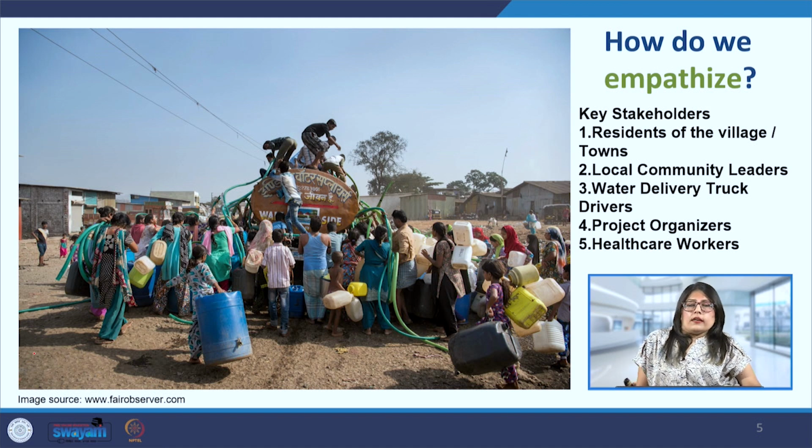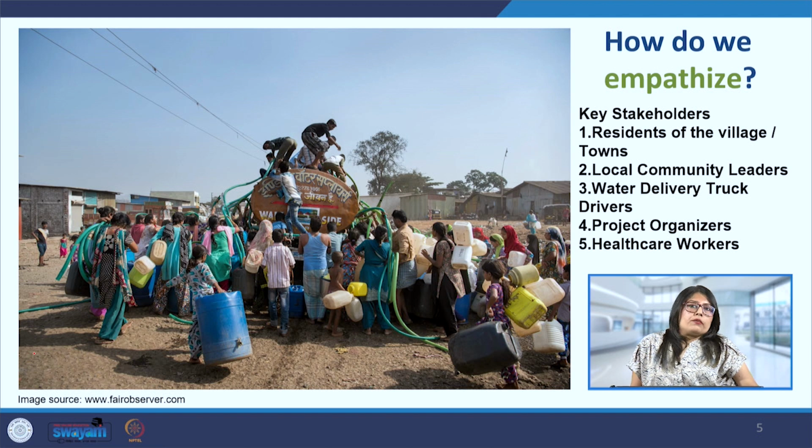Now, design thinking on the whole is a technique or a method that is very useful in solving wicked problems. Wicked problems are problems that are very complicated, complex problems, and they may not be solvable by using the regular methods that we are used to employing for solving other problems. Right. So now water, the shortage of water, scarcity of water, that is a global phenomenon. It is a problem that the whole world is dealing with.